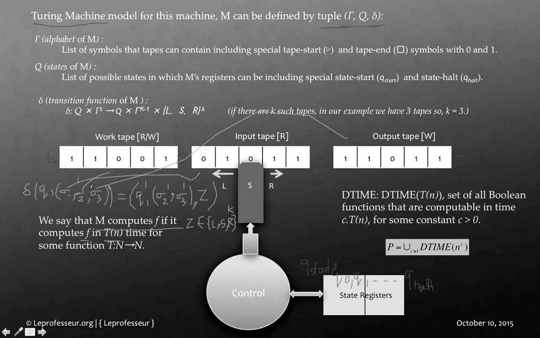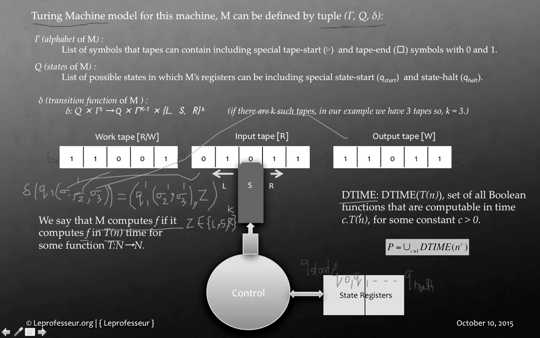Isn't it simple? It's just what we talked about in words, we can represent it in a mathematical way, what this sigma transition function is doing. All right, so after building up the concept of our basic Turing machine with 3 tapes, a very basic model, now let's define something called D time, meaning deterministic time. D time is nothing but the set of all Boolean functions that can be computable in deterministic time c multiplied by t of n,